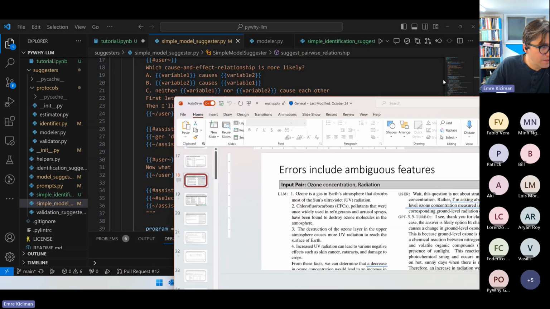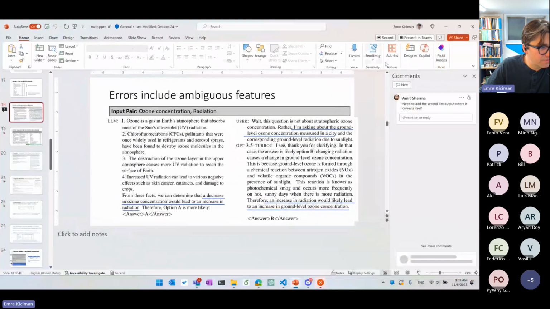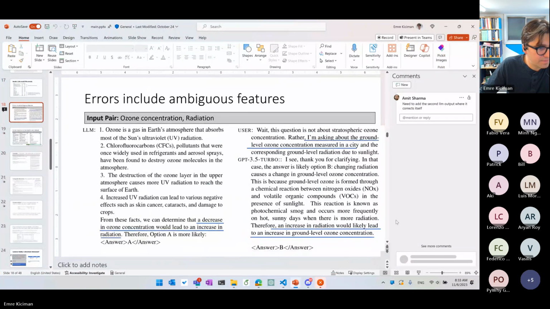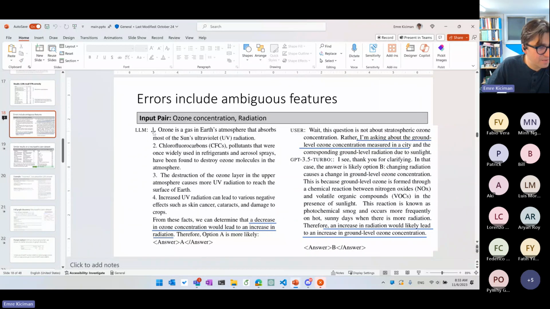So for example, in our previous work, we found that one of the common errors in the LLM's answers was that it would sometimes misinterpret the concepts behind the variable names that we were asking about. So, for example, when we asked GPT-3.5 about the relationship between ozone concentration and radiation,